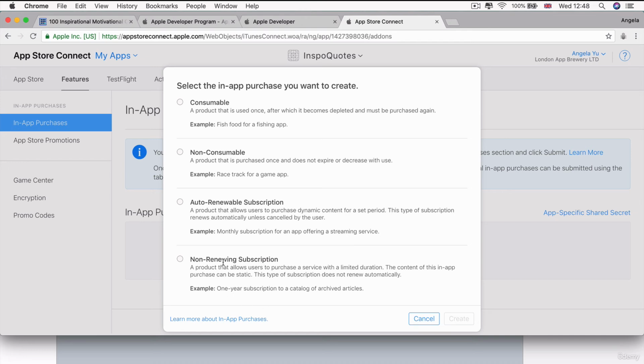And the final one is something that very few people use, which is a non-renewing subscription. So this, for example, gives you a 1-year subscription where you're charged every single month, but after that, it doesn't renew automatically. So in our case, we're going to choose a non-consumable in-app purchase because we want to be able to give users access to the premium quotes that are locked behind the paywall, and they only have to pay once in order to get access to the rest of the content of the app. So this is one of the most frequently used in-app purchase types, and we're going to go ahead and click